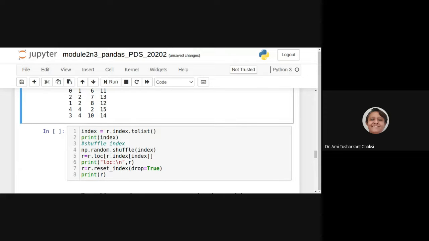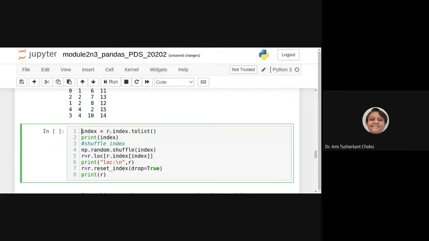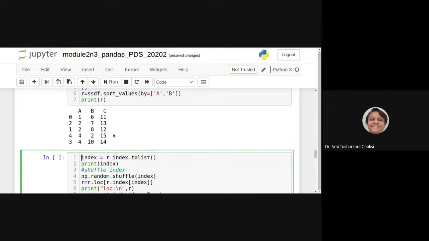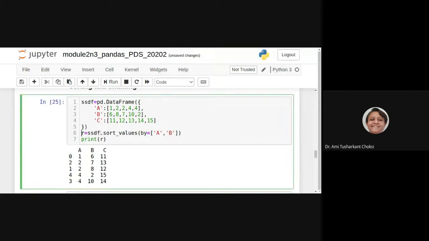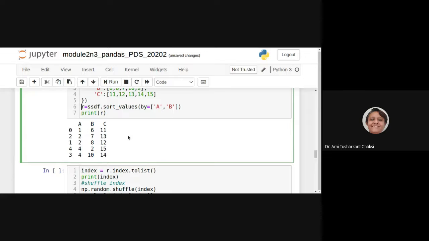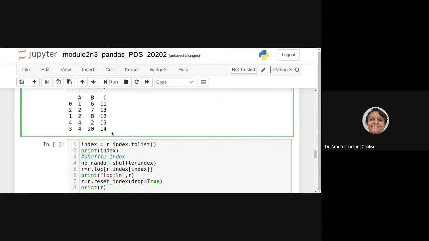Okay. Now, what do we do? We want to know about shuffle. For that, we do index = r.index.tolist(). What is r? That is what we got as the sorted values, this data frame.